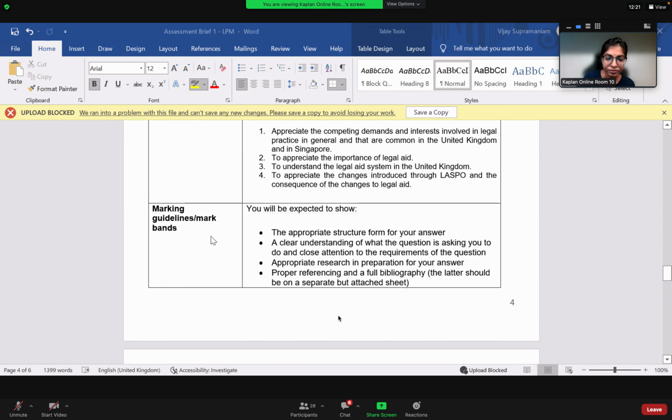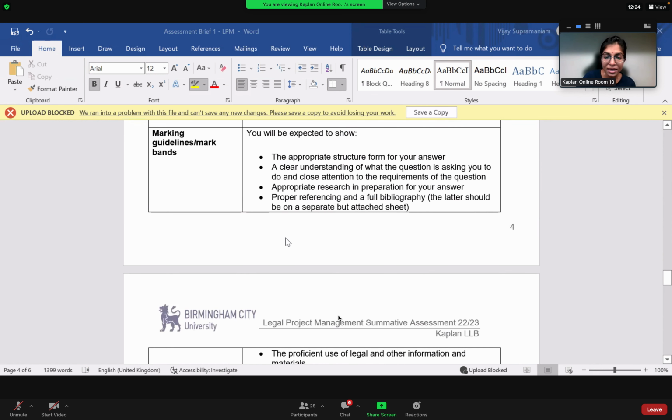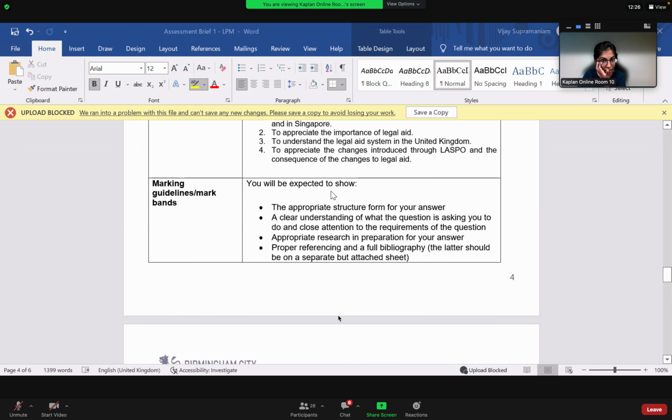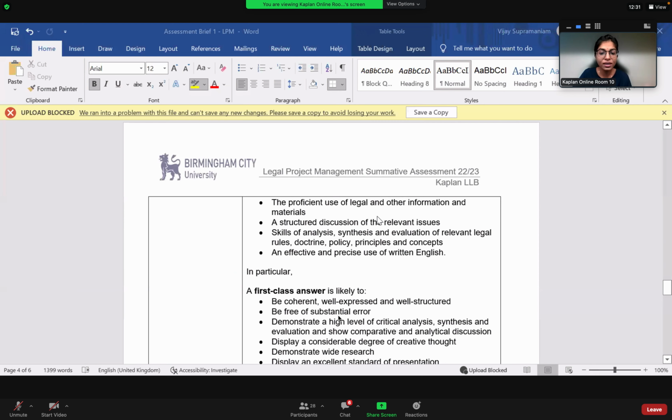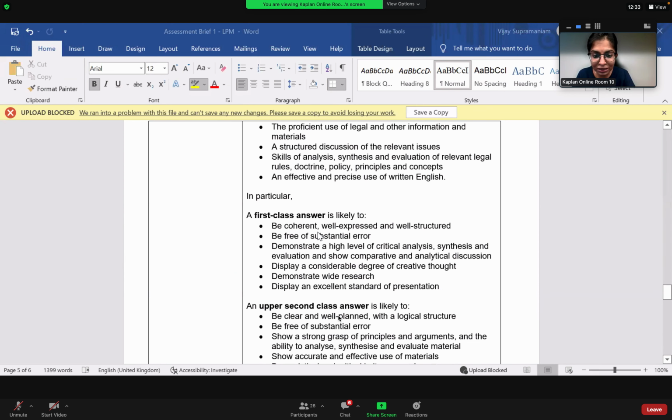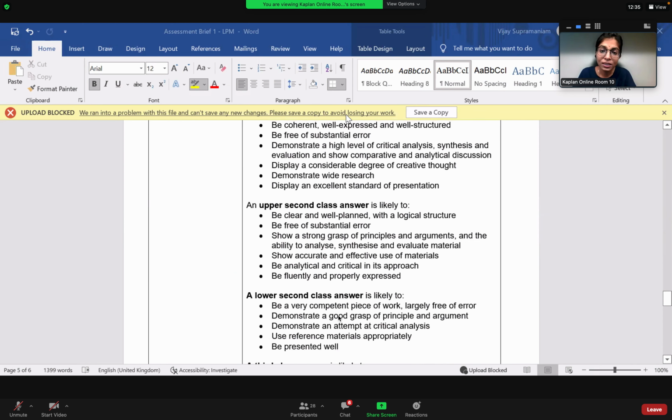So make sure you read through all of this. Okay, and in terms of marking guides, there's some guidance given to you here as to how you must ensure that you have a proper structure. Just read all of this. What will be a first class answer, second class answer? All of this has been prepared for you. So if you really want to do well in this assessment, you have to read all these materials. When we answer seminar questions and workshop questions, of course, I will show you how to prepare coherent arguments and structured answers. Okay, so that's for summative 1.